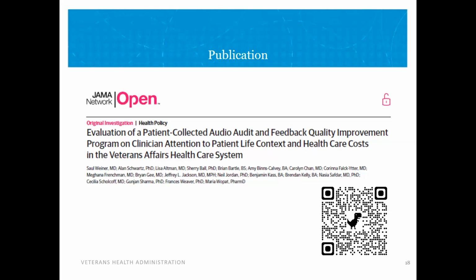Like we didn't have to enroll any patient in the study because the patients are already participating in the audit and feedback QI program at these sites. We're simply using that data to provide feedback. In other words, to introduce an intervention. And so it's passive. Otherwise, you'd be introducing biases, right? If some patients were saying yes or no, that would make it very difficult to do a study like this. What makes it feasible is that you're stepping in to assess a service and then use that data to introduce